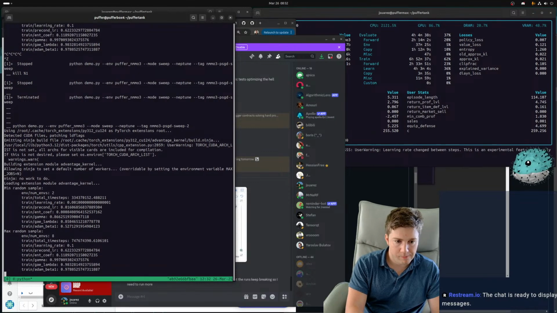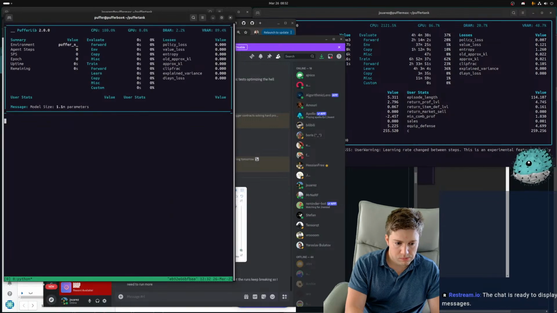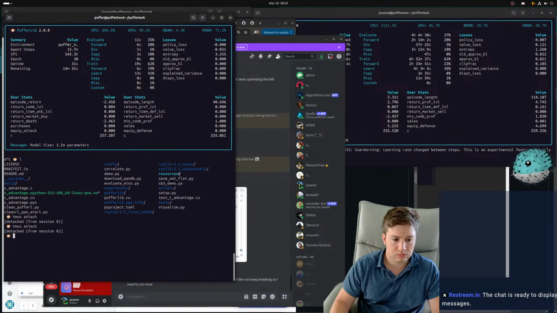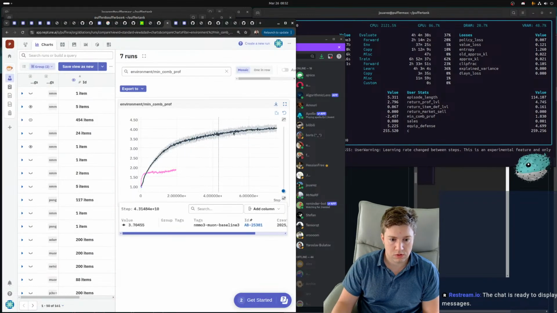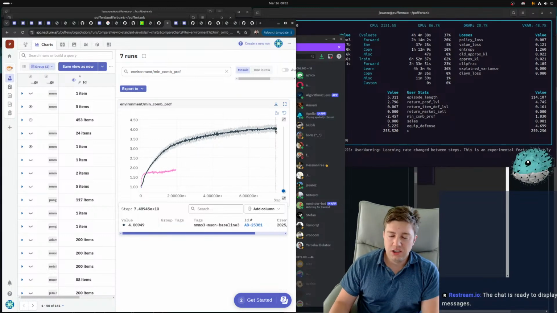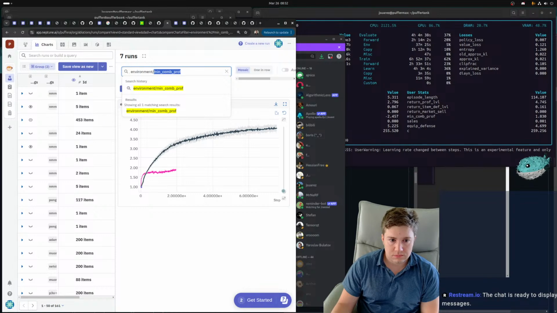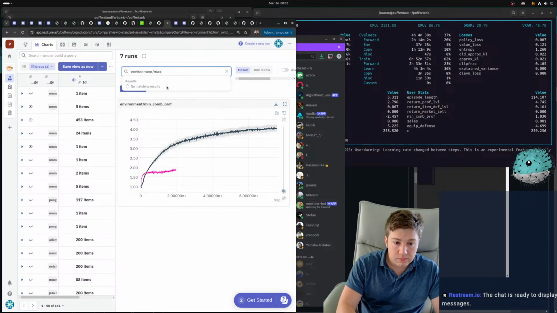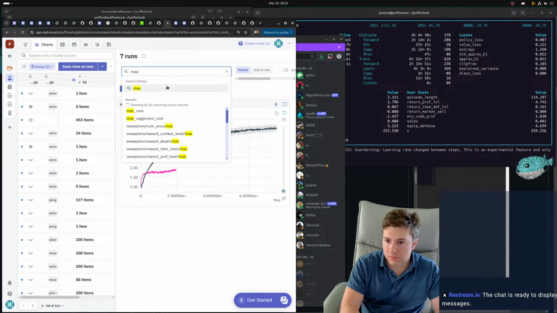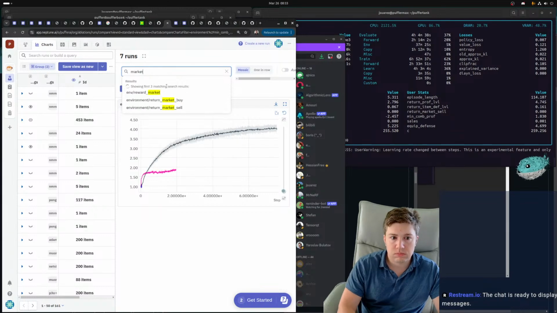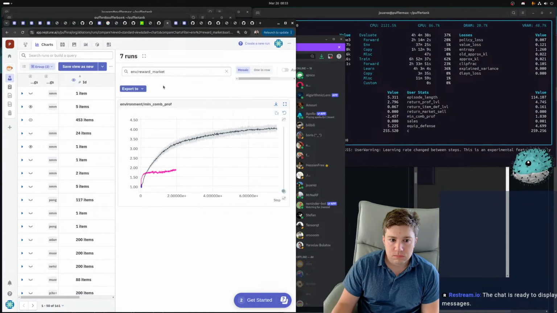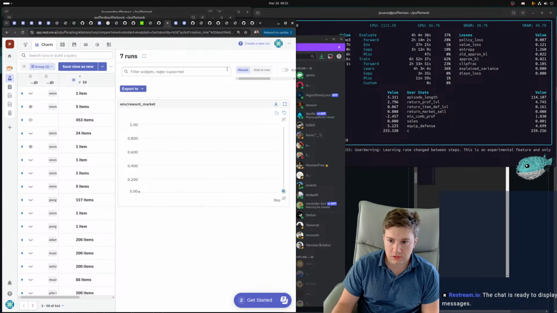That'll run. I think this is zeroed, right? Yeah, this is zeroed.